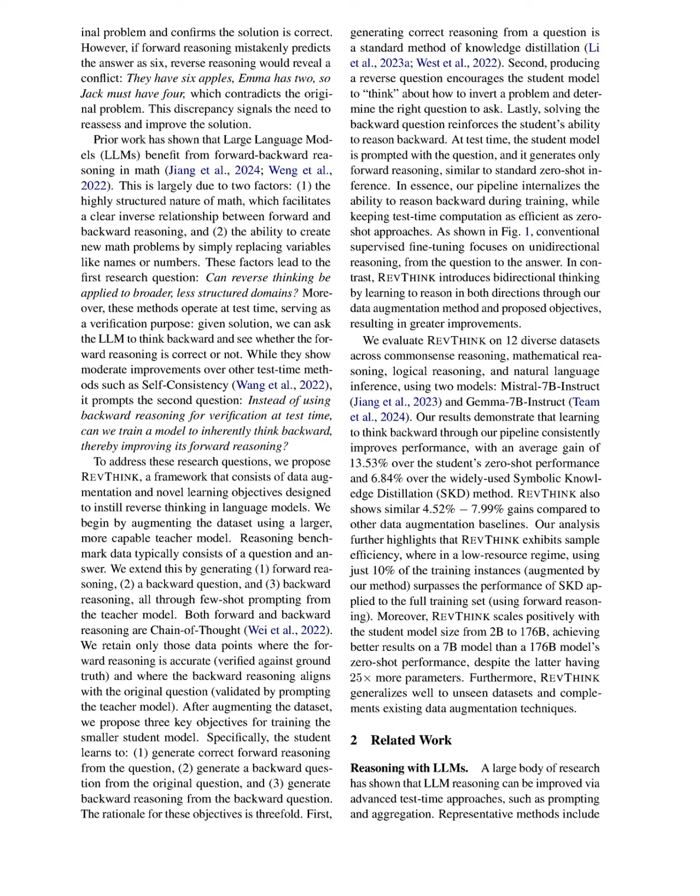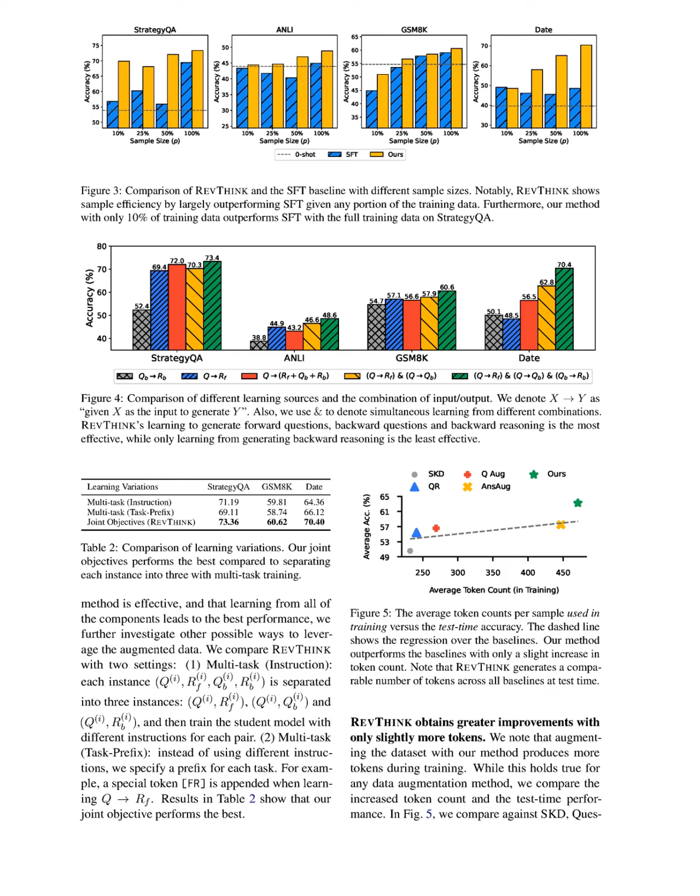REVTHINK offers significant theoretical and practical benefits over traditional reasoning methods in language models by instilling reverse thinking capabilities, which enhances both forward reasoning and overall performance across diverse reasoning tasks. Theoretically, it introduces a bidirectional reasoning framework that allows the model to learn from both forward and backward reasoning, leading to a more robust understanding of problem solving. Practically,